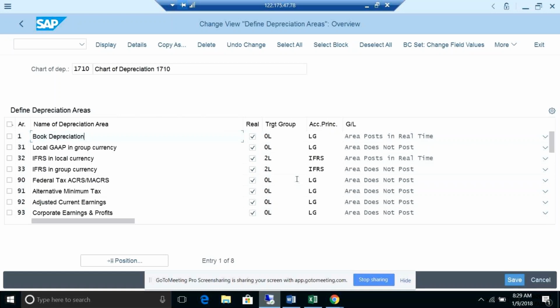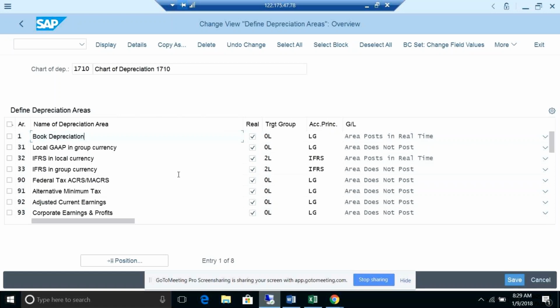Clear? Do some copy of this, and don't create all these depreciation areas. Create one company code. First, only to make you understand, I created multiple here, but create only one depreciation area for your company code. Then add one more depreciation area, one accounting principle, one ledger, and one depreciation area.